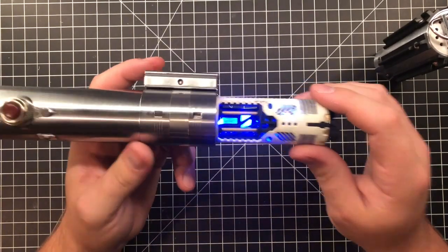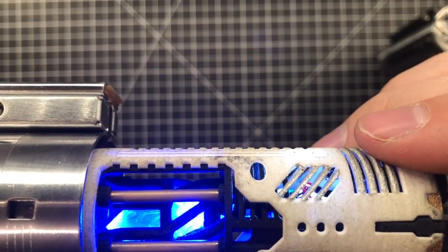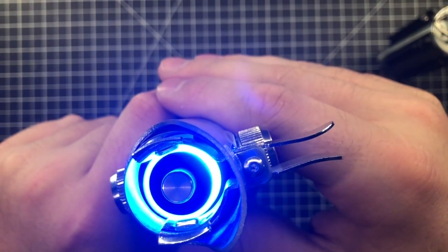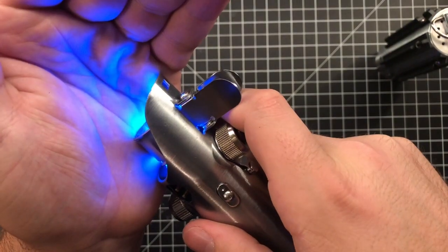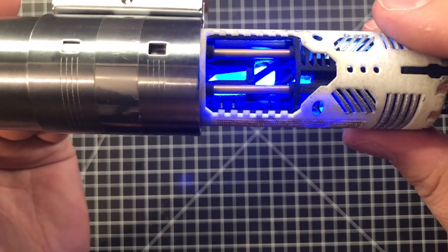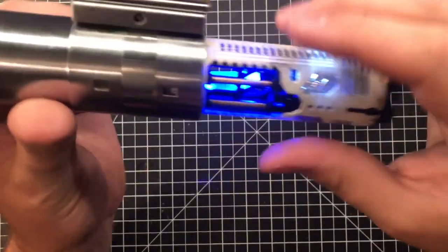So when you turn it on, if you look, you can see that flickering. And that flickering is the same flickering that is here in the blade. That's hard to see, but there you go. So that flickering and this flickering mirror. And what I did was, if you watch here,